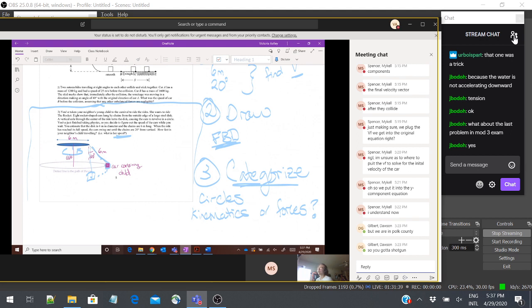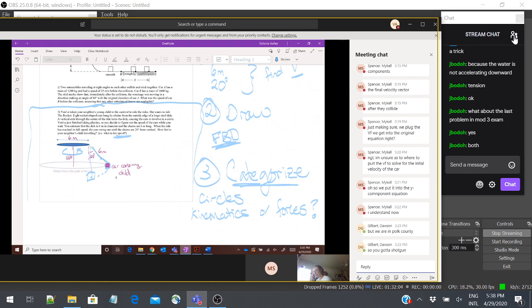So this is one where you might have to think. It's both. Yeah, pretty much. It has to involve forces because there's no other kinematics information. So you've got to use the 20 degrees. Why does the 20 degrees matter? Because it has to do with the angle of the tension and the angle of gravity. So I would say a free body diagram is definitely appropriate. We have gravity pulling down, we have tension holding it in, and that's it.